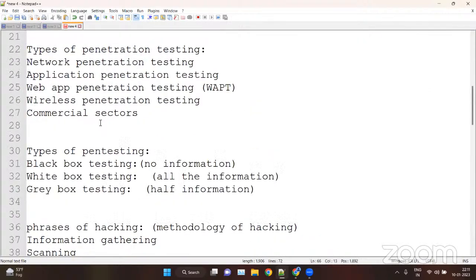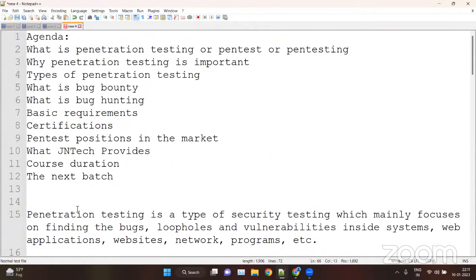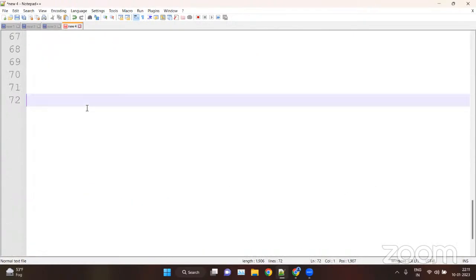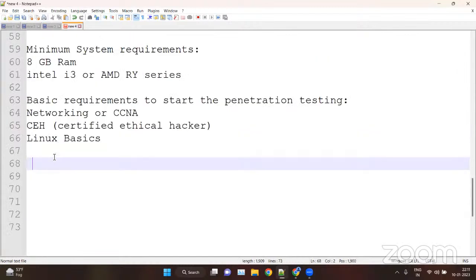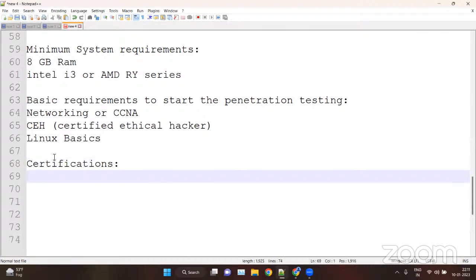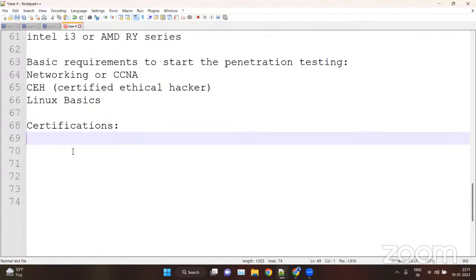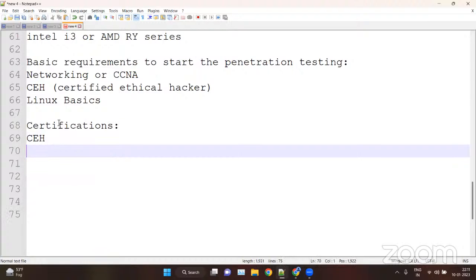Then we have certifications. Basically, certifications are important, but not that much. For the certification, you can go for the CEH and you can go for CPENT. CEH and CPENT are both from EC-Council, but for penetration testing, certification is not important.